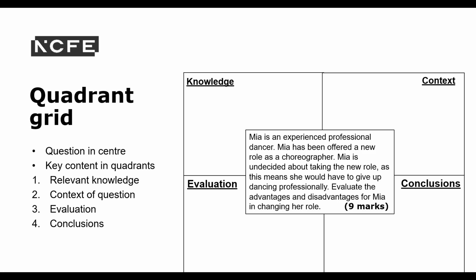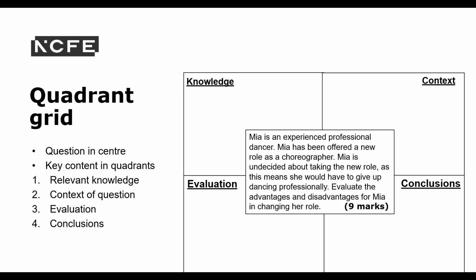You begin with a 4-square grid. You can draw one on the board or create an electronic document, or even get your learners to create their own. You can use the 4-quadrant approach to the extended response questions as well. You could place the extended response question in the center, like this one on the screen, which is about a dancer changing her role to a choreographer, and the 4 boxes are the key aspects that need to be included